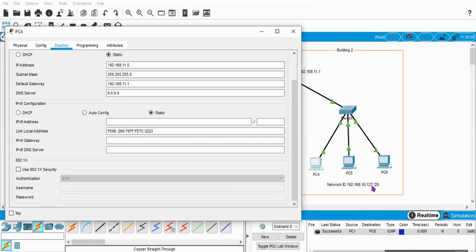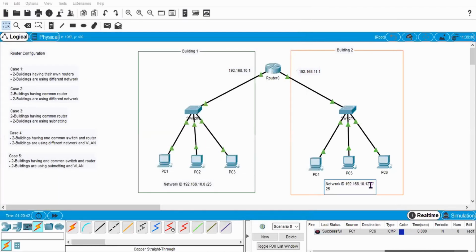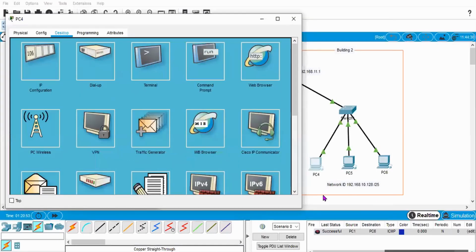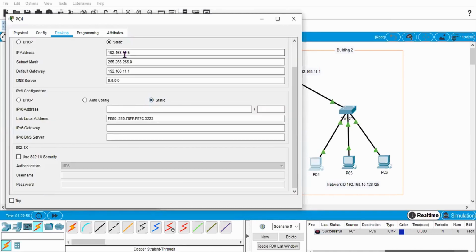The network ID is not 127, that's the broadcast ID; 128 is the network ID for the second case. So if I am writing 128, then let's come to the gateway. This gateway will become the first ID of this subnet, which is 192.168.10.129. So this is the gateway.